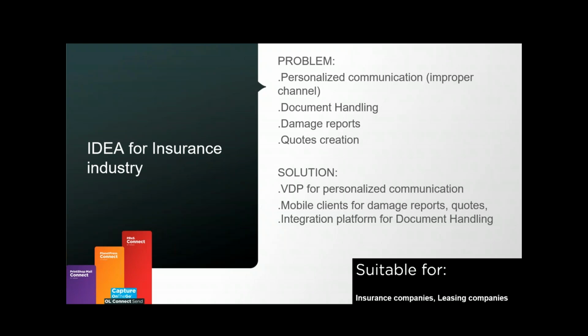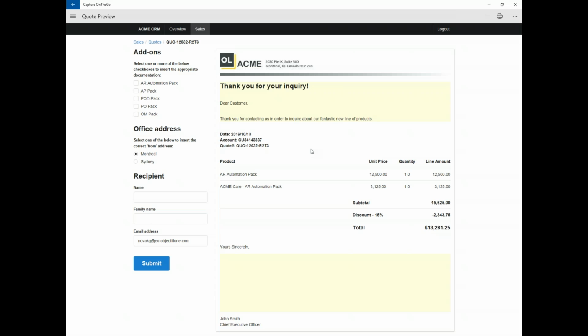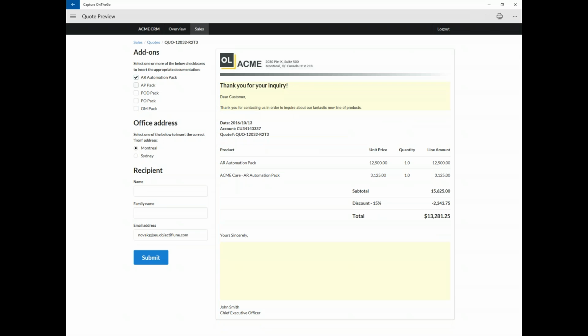When you have a sales rep talking to you and you meet somewhere, so you talk about 1, 2, 3 options or possibilities, they can create the quotes on the spot. They can simply use the form. They can check all the options which they need. They can have this information entered